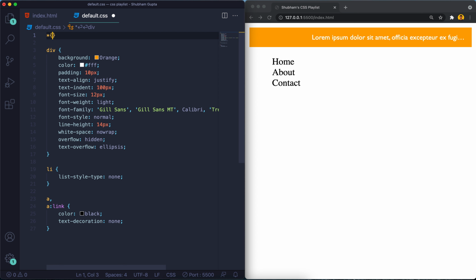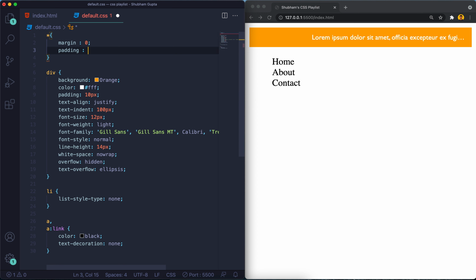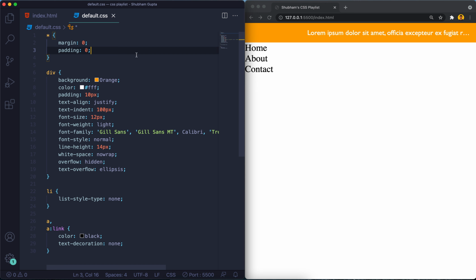It means for every tag, I'm giving margin 0 and padding 0. So there is some default margin and padding, and that goes away. You can easily see this, like this is the magic, and now your content is so intact and in your control. So that is it, and tell me what challenges you have faced, and see you.